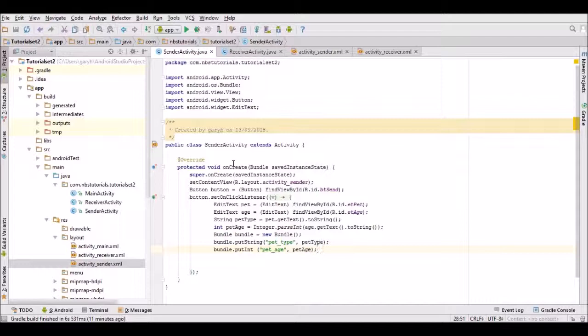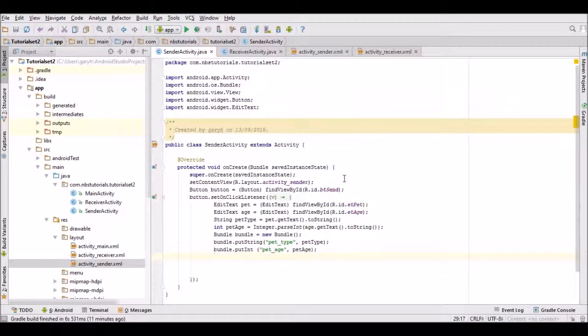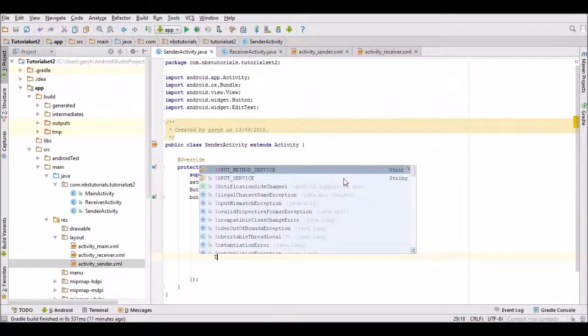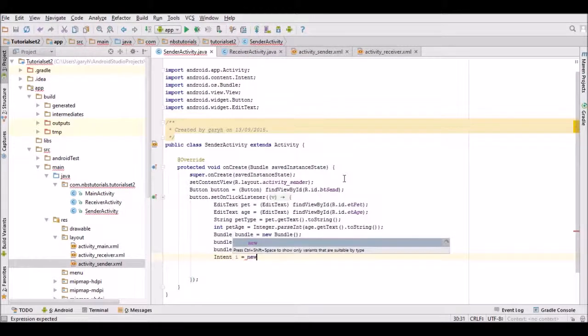Now what we do then, we need to just start the intent. This is all in the on-click listener for the sender activity. So this is all happening when we hit the send button here. So what we'll do, we need to then just call the new activity. So it'll be intent I equals new